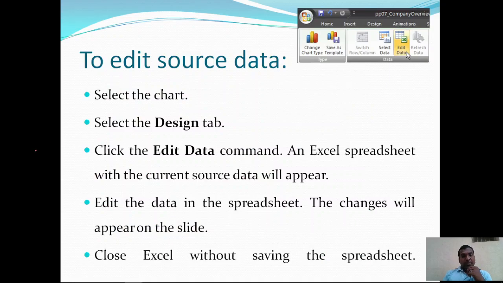Now, if you want to edit the source data, this editing may be to add new categories or new values, or you want to remove some already existing categories, or remove some already existing data in the source data of the respective chart. That can be done with the help of this edit source data option. There is an edit data command under the data